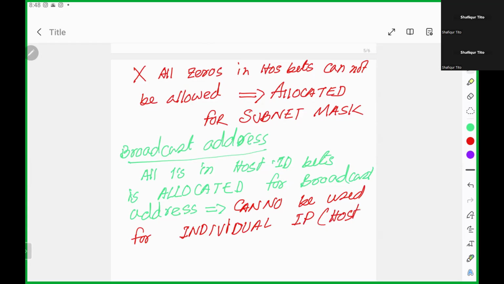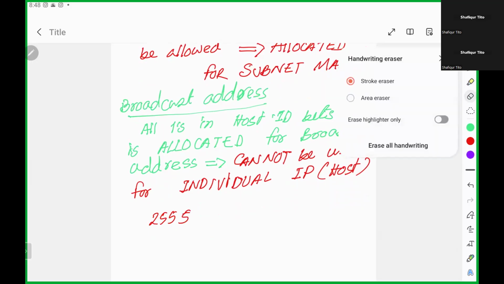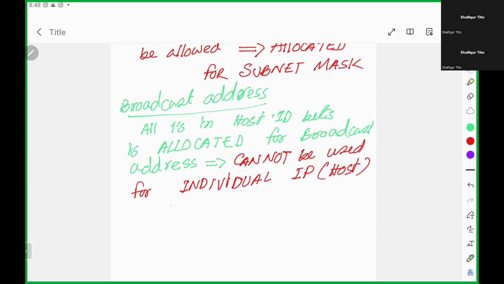I cannot use this individual host IP with all ones. So you cannot use 255, sorry. So I cannot use